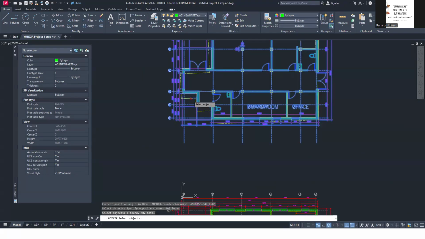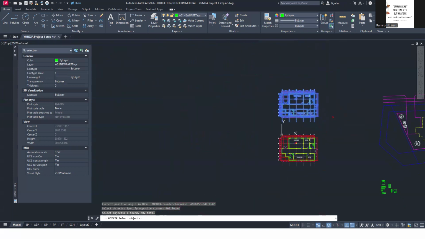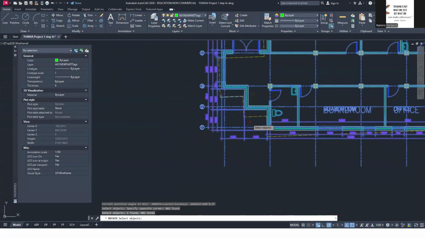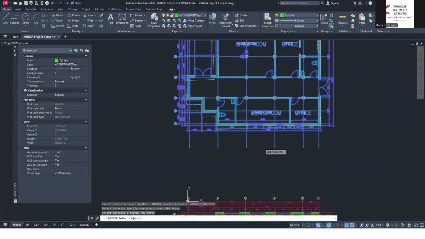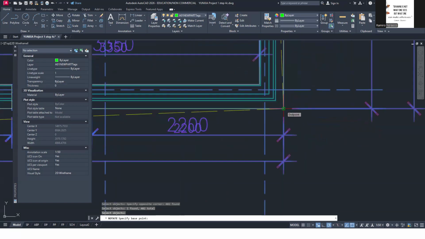So hold down the control key and then select this to deselect that selection. Okay, I don't want that rotated. Enter. So rotate, select all, and then hold down the control key and select the boundary or building footprint. Okay, nothing else to select. So hit space bar and then base point will be right there at that corner.